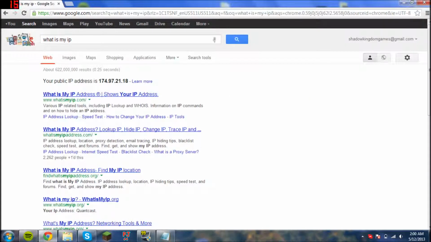So, yeah. And my IP address will be 174.97.21.18. And then colon your port. So the IP address to this tutorial server, which is not going to be up at all, is 174.97.21.18 colon 25566. The IP to my Bukkit server is 174.97.21.18 colon 25565. That's a mouthful. So now I can just go ahead and minimize that,